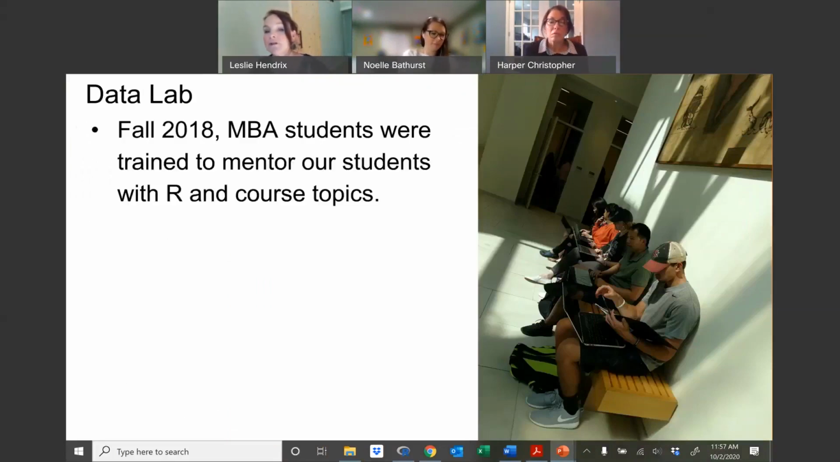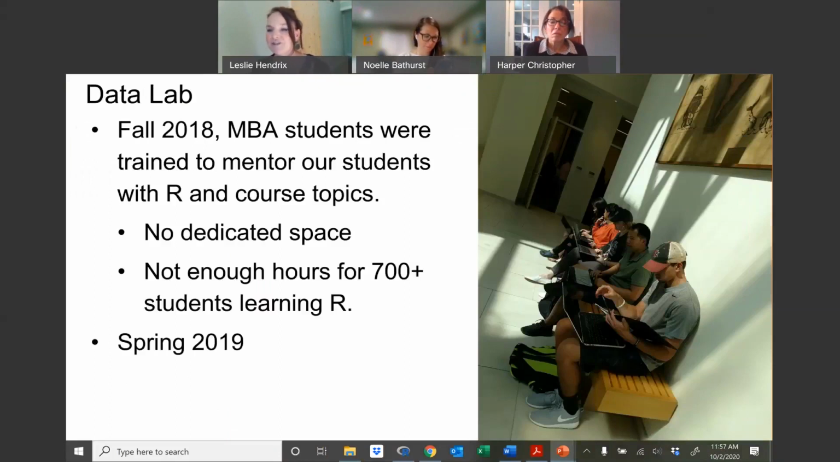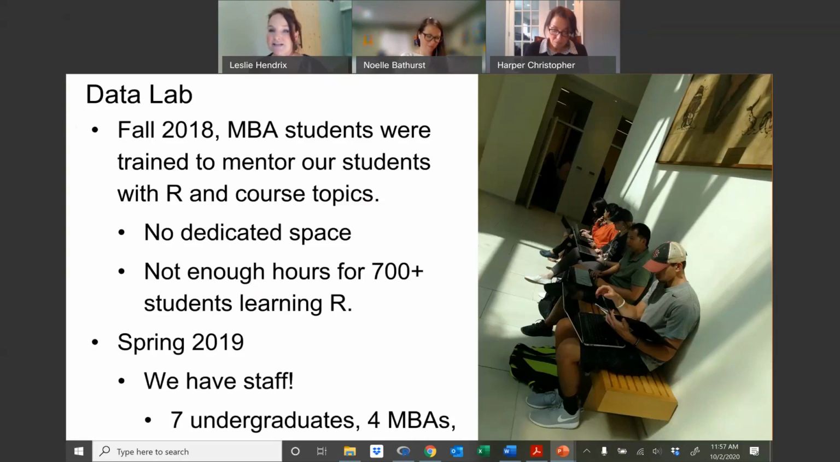So we recruited students in fall of 2018, but we didn't have dedicated space at that time. And this is actually a funny, actual true picture of our data lab that first semester. We got kicked out of a room that we reserved for our help session that day. So we really realized that we needed to really push to get some space. So in the spring of 2019, we actually had dedicated staff. And then